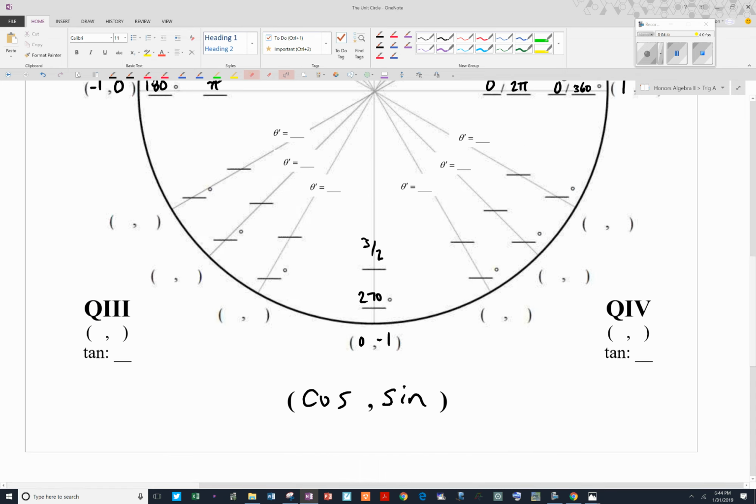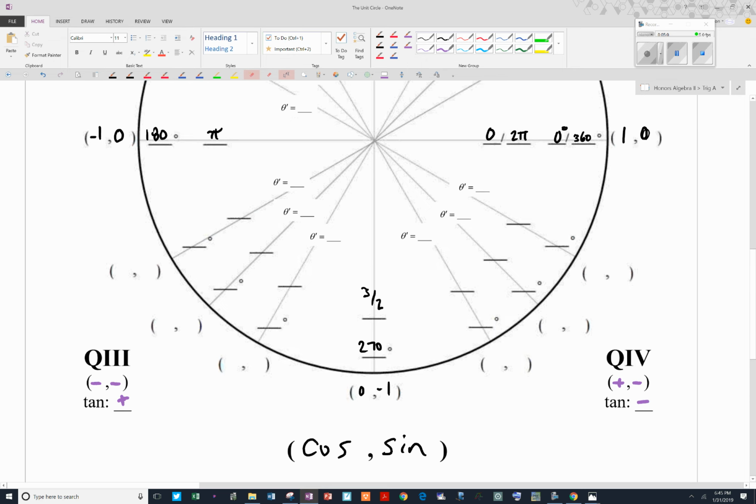In the third quadrant, we have negative, negative. But tangent would actually be positive because sine is negative, cosine is negative, so we'd be taking a negative divided by a negative. Quadrant 4, positive, negative. Now sine divided by cosine would be a negative divided by a positive, which would be a negative. Okay, so what that means